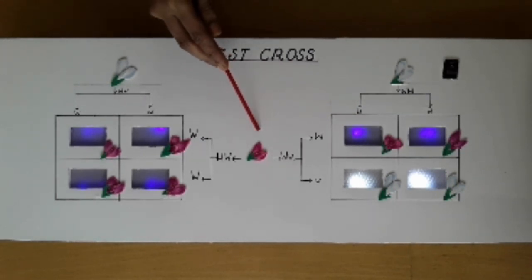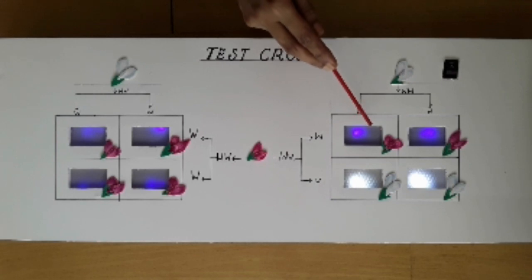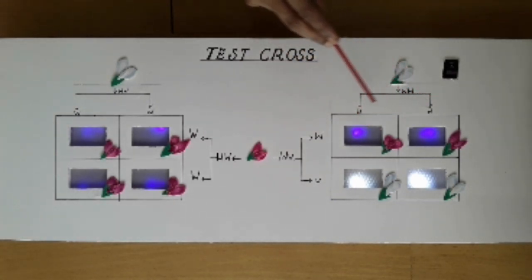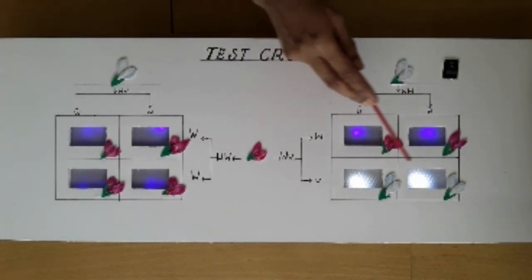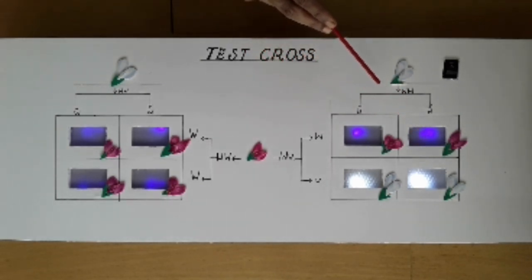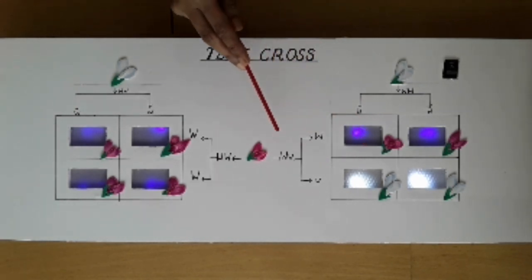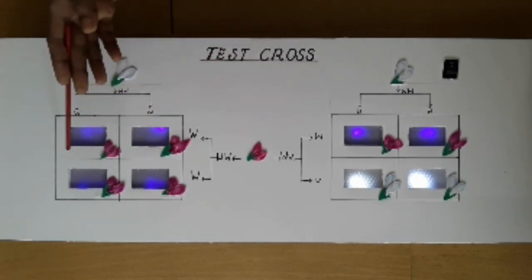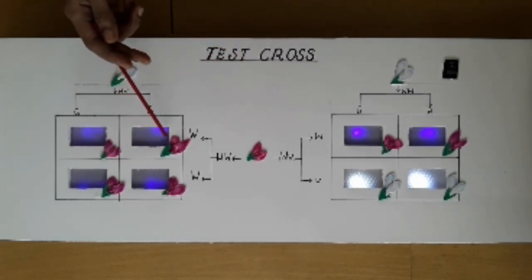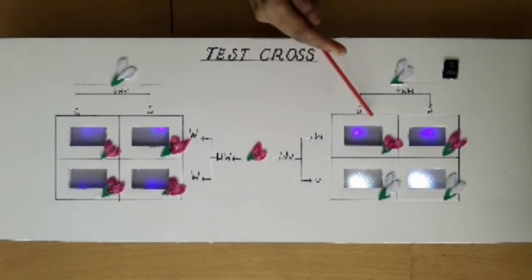Now if you are crossing a heterozygous purple flowered parent with a homozygous recessive white flowered parent, half of the progenies will be purple flowered and half will be white flowered. So, if half of the progenies are purple and half are white, then the unknown parent has a heterozygous genotype. So this is a type of breeding that reveals the genotype of one parent based on the ratio of the offspring observed.